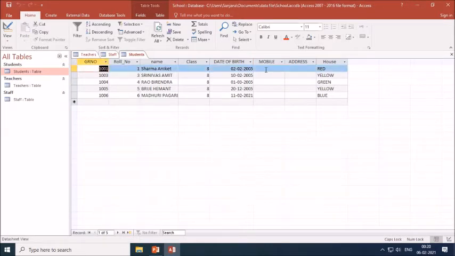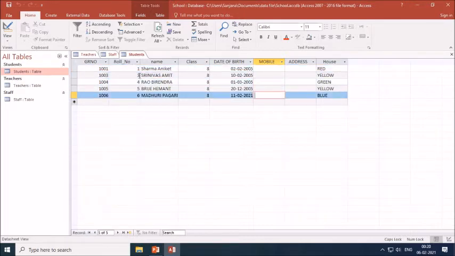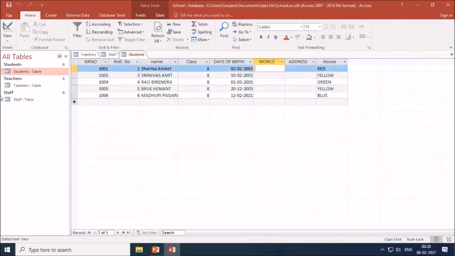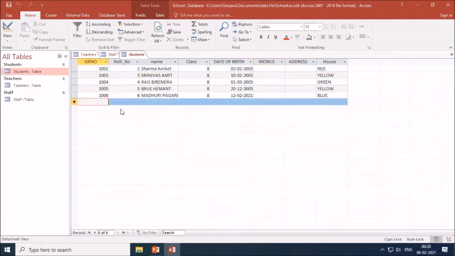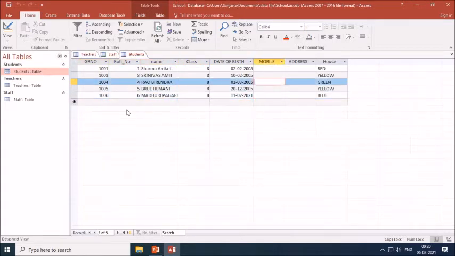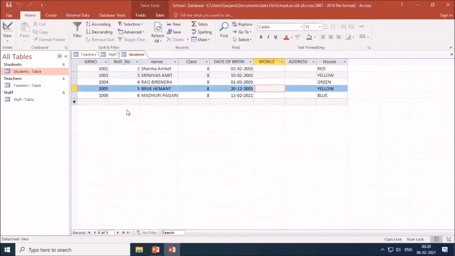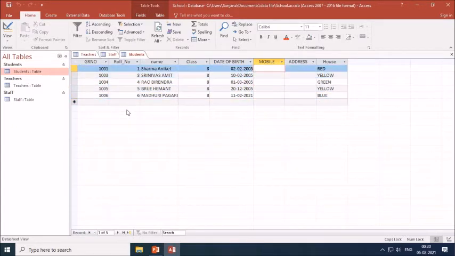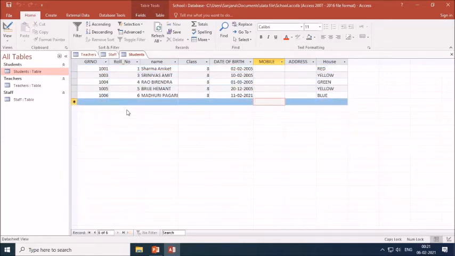You can add the records here. So using the arrow key you can move up, down, left and right. While writing you can use the tab key. From the tab key you can move to the fields, other fields. So you can directly jump to the other fields and the left arrow key. See, you can use right arrow key, left arrow key, or you can use tab key, up arrow key to move the records, to see the upward direction records, to see the downward direction record you have to